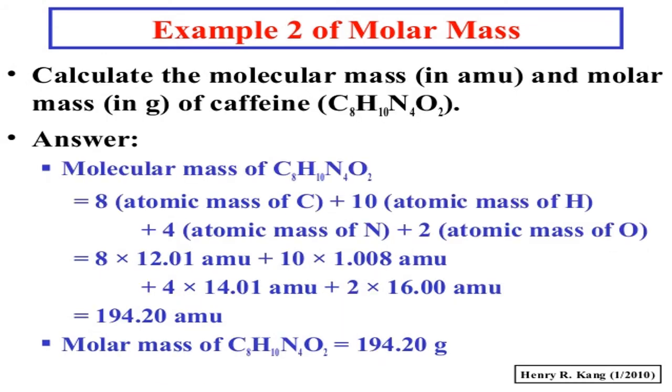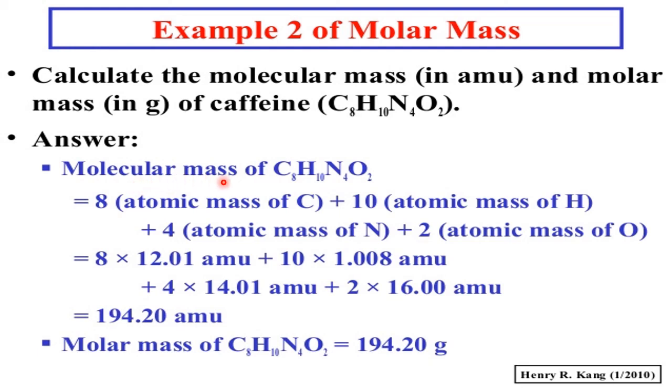Now, example number 2. Calculate the molecular mass in AMU and the molar mass in gram of caffeine. It is a natural product, whose formula is C8H10N4O2. You are taking coffee, no? In the coffee, the aroma is because of what? Caffeine. Now, time will not go into detail about what caffeine is, its structure and material form. All those you learn in the higher class, under the chapter chemistry of natural products. In the 12th class it is there, not now.